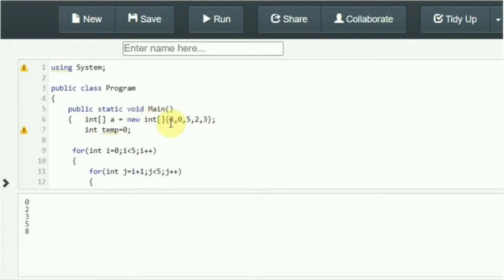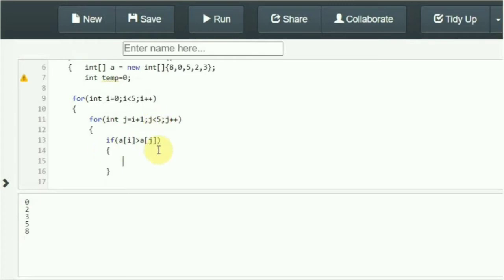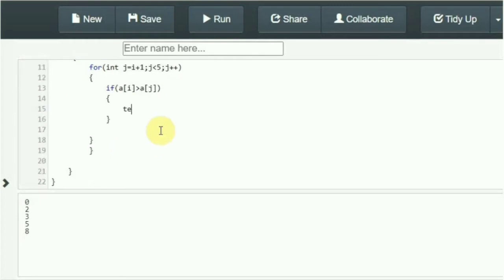If the first integer is greater than the second, we need to swap, until it is in the complete order. So how we can swap is, let's take a temporary variable